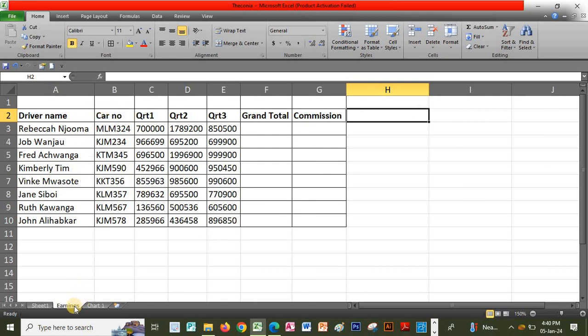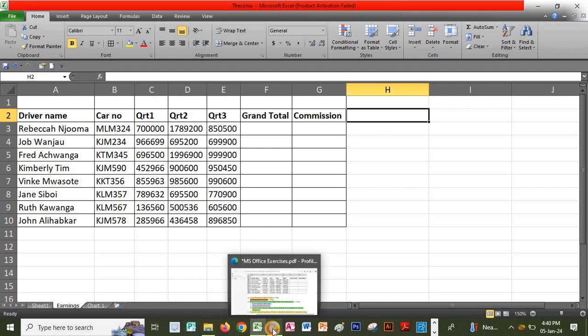After doing that, I rename sheet 2. So I click rename and type the word earnings. You see, rename sheet 2 as earnings. You just type the word earnings and you click anywhere. After that, we will proceed to the next question, which says